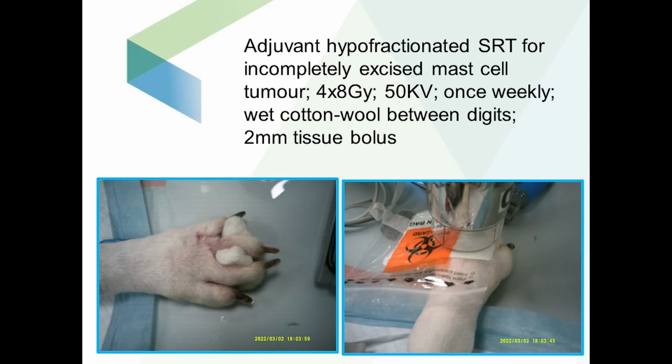Here was another adjuvant hypofractionated treatment, for a mast cell tumor. There's a very hefty dog. They did not want to amputate toes to get a wide excision, so they asked us to radiate. I used cotton wool in water just to separate the toes, try to keep the other digits and nails out of the way, and then we treated again with some bolus, but we did the short course,